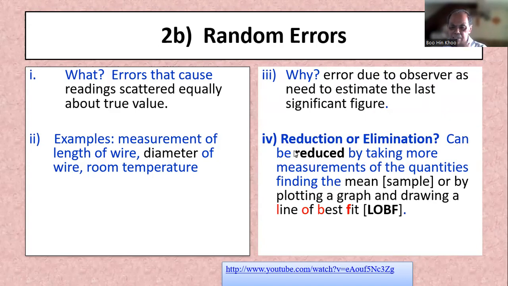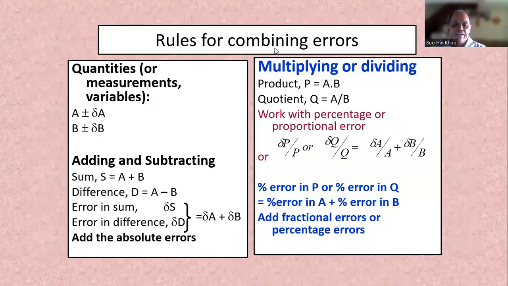Reduction or elimination: it can be reduced by taking more measurements of the quantities and finding the mean. Right? That we call a sample. Or by plotting a graph and drawing a line of best fit. And we have started how to combine